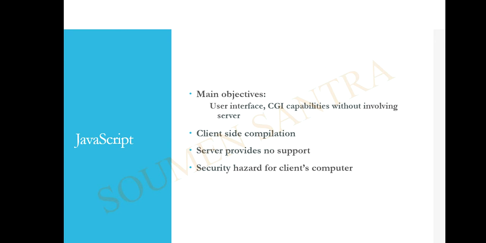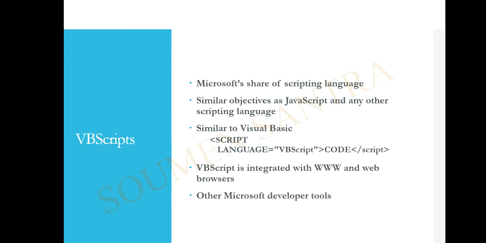What are the objectives of JavaScript? JavaScript is a client-side language, a scripting language which enhances web pages and gives them enhanced features. It is client-side, not a server-side language, and it reduces the overhead of servers. The advertisements through digital marketing and the pop-up blocks coming through our web browser are done with the help of JavaScript. Using JavaScript, we reduce the server overhead and prevent server crashes. Based on security hazards, we give all the features to the client's computer.